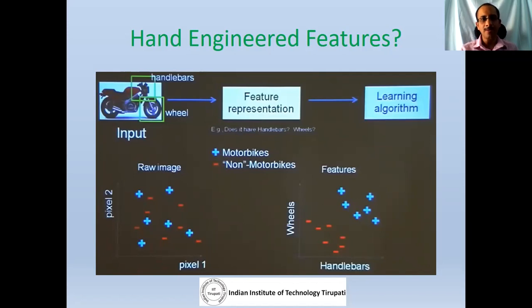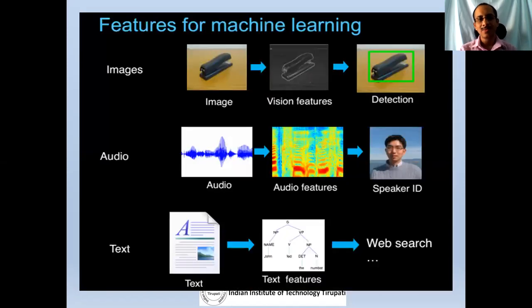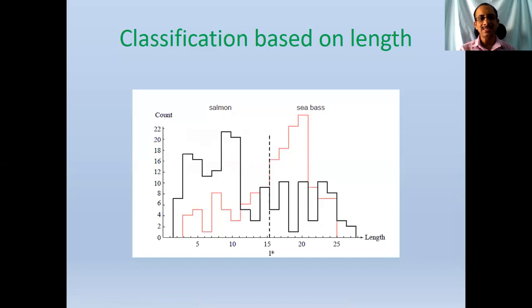Feature selection is one area where people have spent considerable time, but after deep learning the same problem is still persisting, but in a slightly different way. We'll see that later. So, as we have already discussed, given different applications like image, speech, and text, we have different feature extraction stages, but the classification is the same.